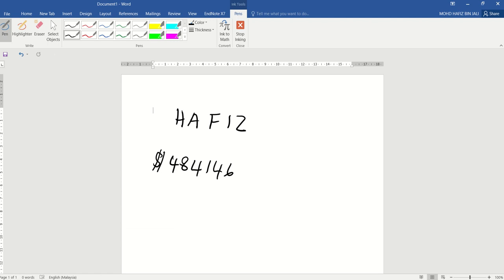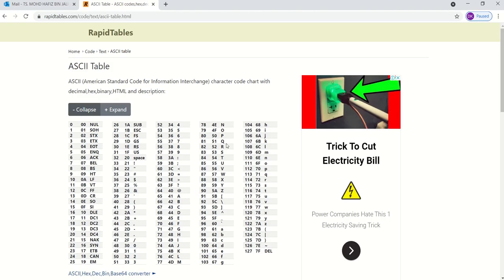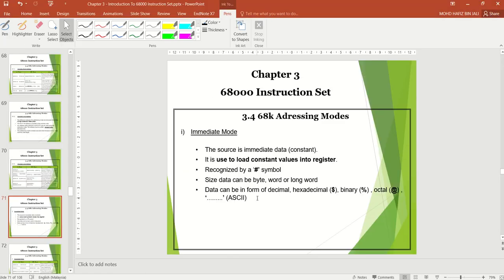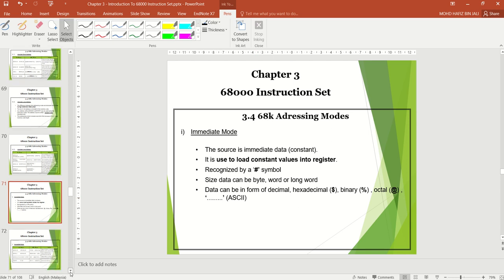I is 49, Z is 5A. So this is the hexa value of the ASCII word Hafiz. This is the conversion into the hexa value. Okay, so this is about the ASCII format. Okay, proceed.